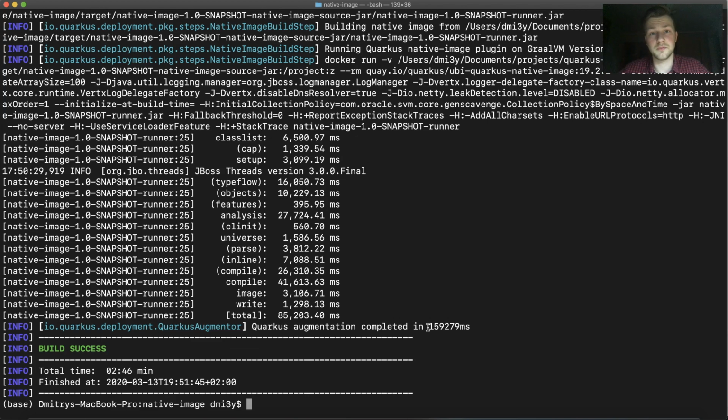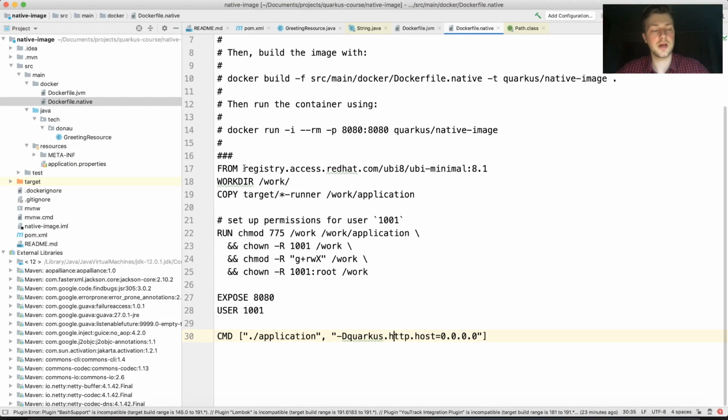But this has its own benefits, because this image was built in a dependable environment. It's not correct to say platform agnostic, right? It's not like the JVM where you have different implementations for each system. Rather, you build it each time on this ubi-minimal image,